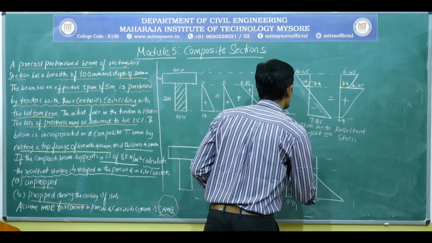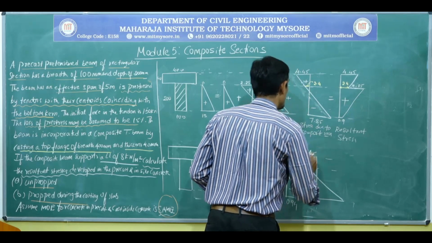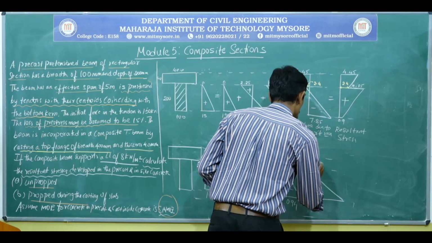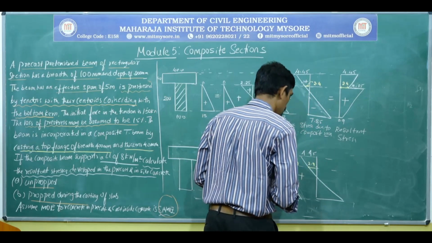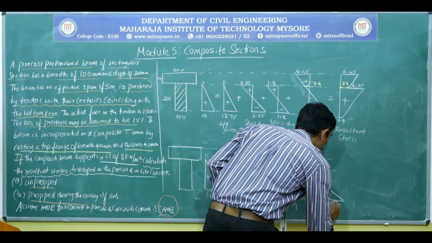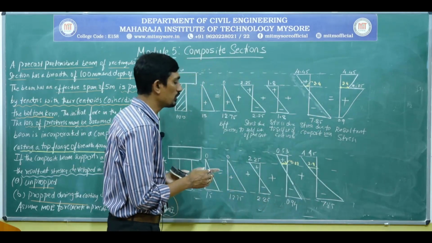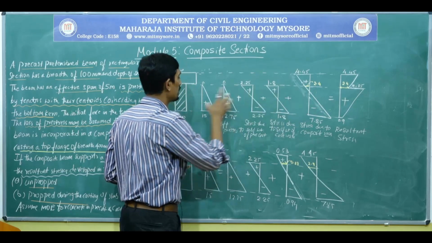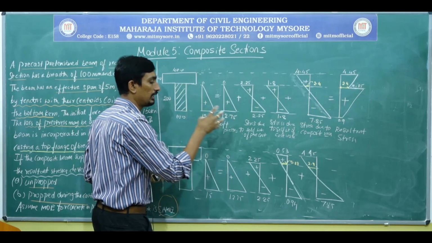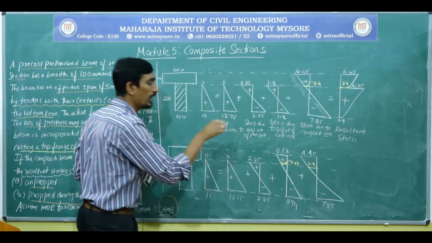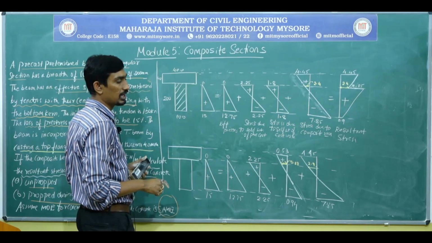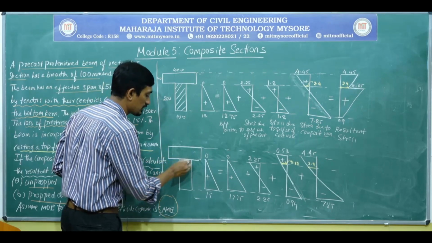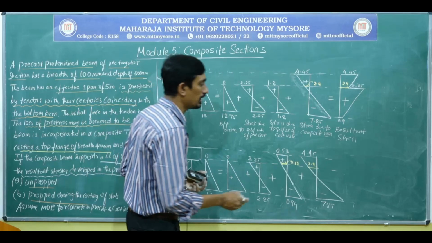Then the rest of the things remain same, once again the same thing: 4.45, then 2.4, same thing, next 7.85. So this is the only change between the unpropped and propped cases. In the unpropped case, you will consider this parameter. In the propped case, while calculating the stresses due to the self-weight of cast in situ, you are going to consider the entire composite section. The rest of the things remain same.